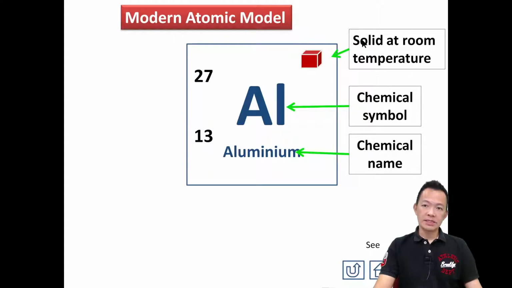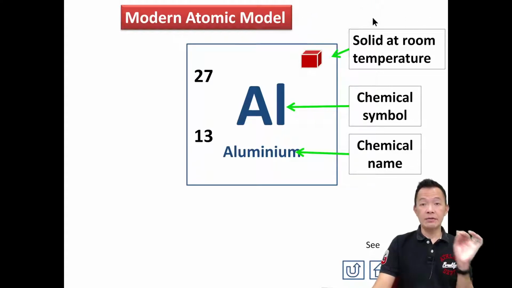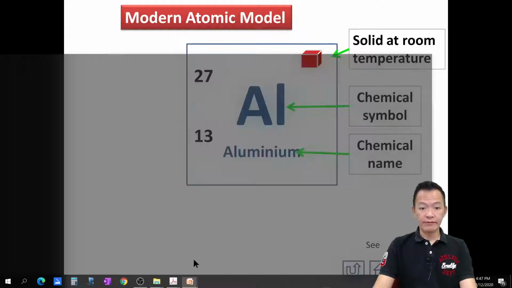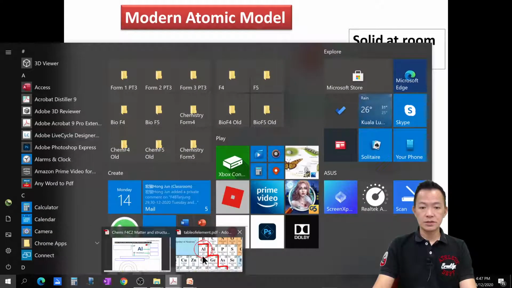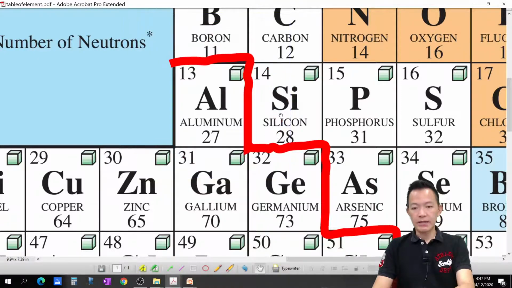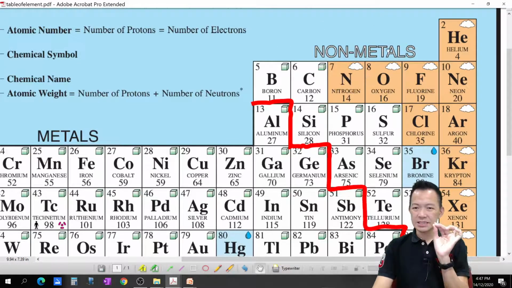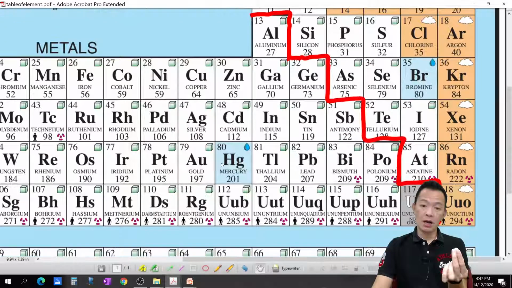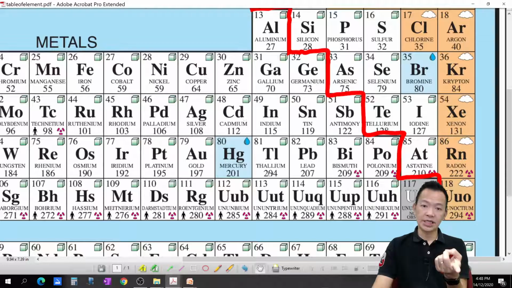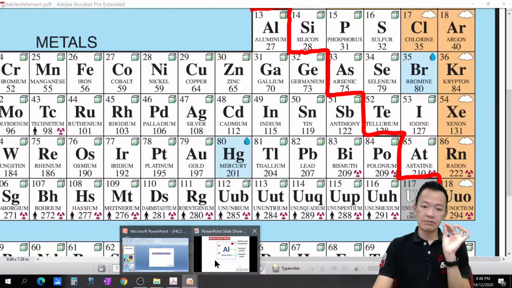The symbol means solid at room temperature. Aluminium is solid at room temperature. If you do not believe, 如果你不相信, I show you other examples. So aluminium is solid at room temperature. Okay, others like oxygen. 你有没有看到 oxygen? Gas. Or mercury, liquid at room temperature. 它是液体，对不对？